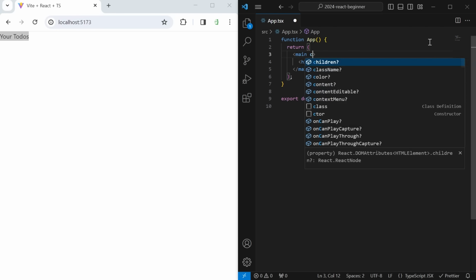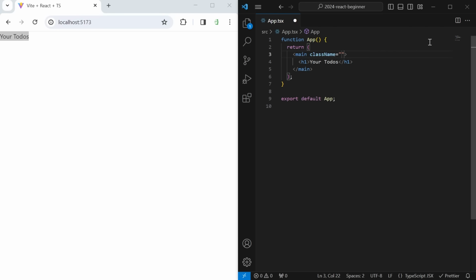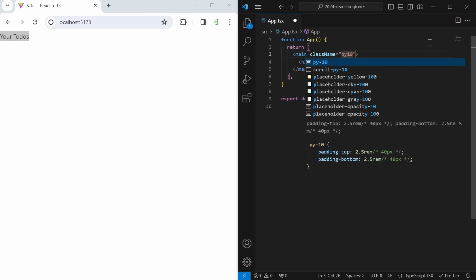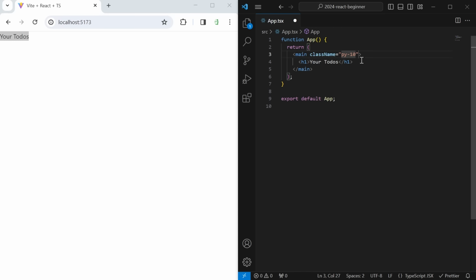Now let's style this. We do this by adding class names first to the main tag. With py10 we can add some vertical padding. With this value of 2.5 rem, we can see this when we hover over it because we installed the Tailwind extension. And when we save this, our main tag has some vertical padding. And we didn't have to go into a separate CSS file. And if we want to change the padding, we can add a different value, like py8 for example, without leaving